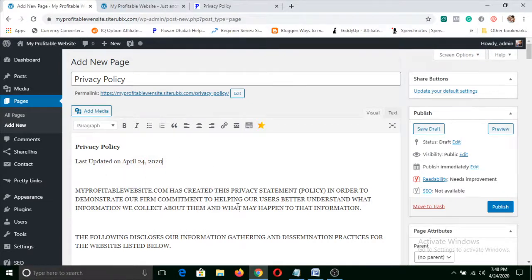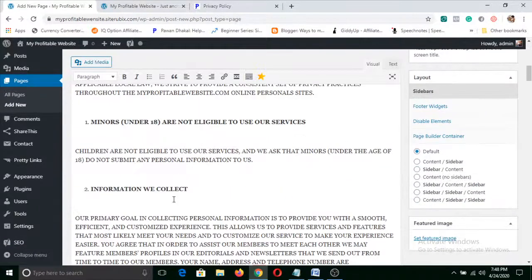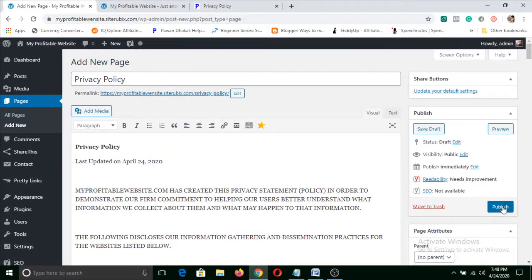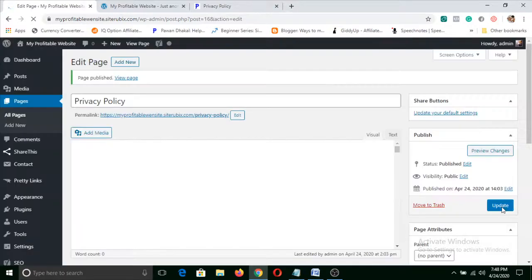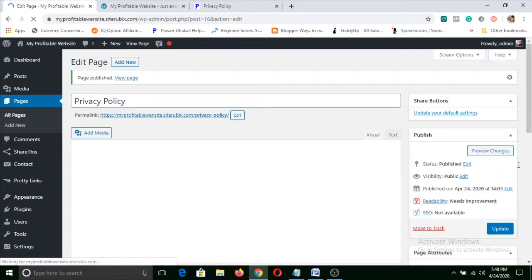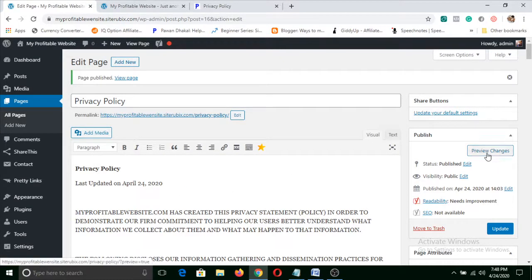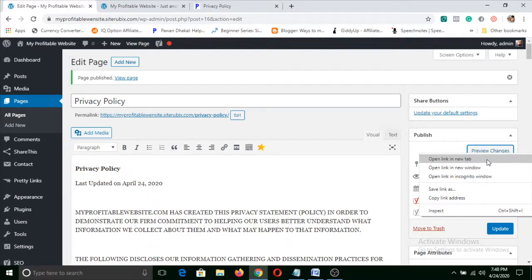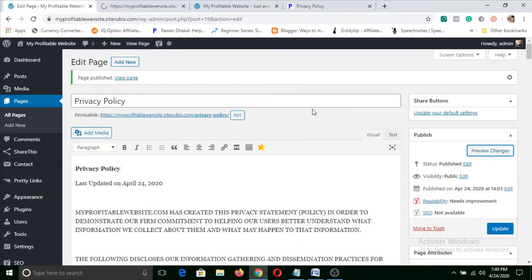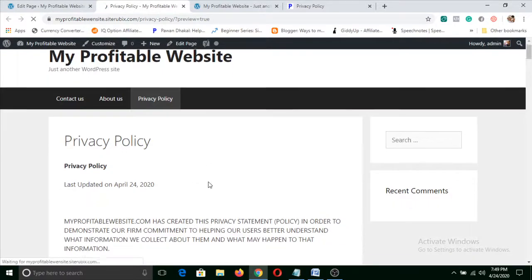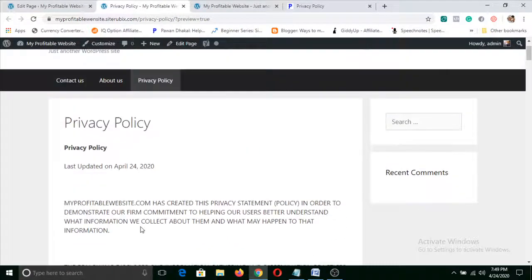This is just a legal document that is important. Once you do that, click on publish. Now to see these changes, click on open link in new tab, and it is your privacy policy.